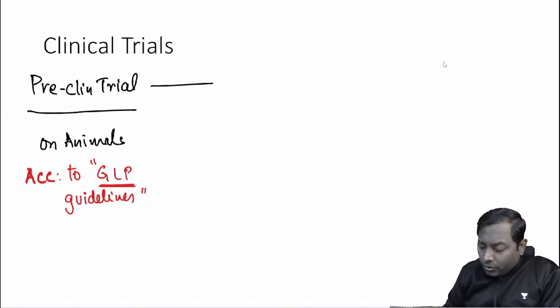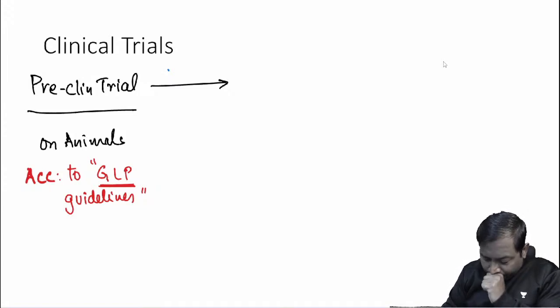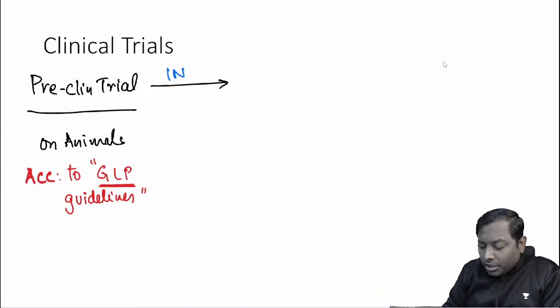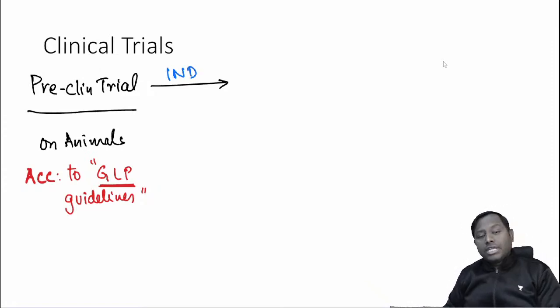Once you have got the result of the preclinical trial, you will write to the authorities. For example, you write the authorities a letter known as the investigational new drug application, IND. So the examiner will ask, when will you apply IND? Before the preclinical trial or after? Your answer will be after preclinical. Next, before the clinical trial or after the clinical trial? Before the